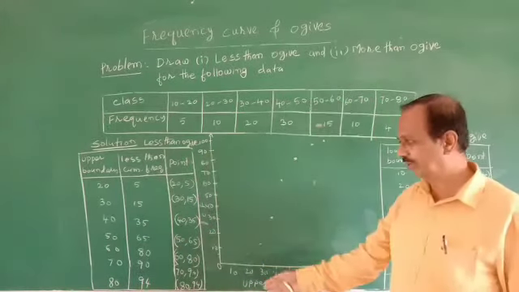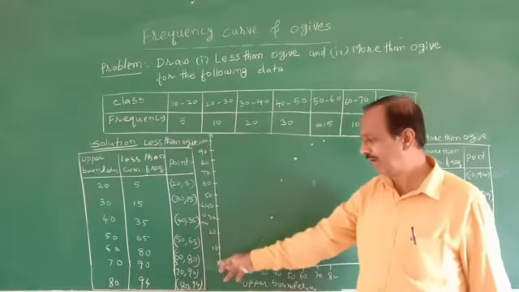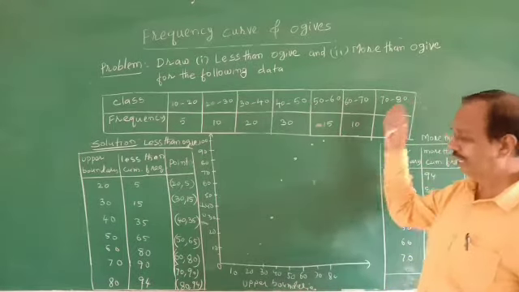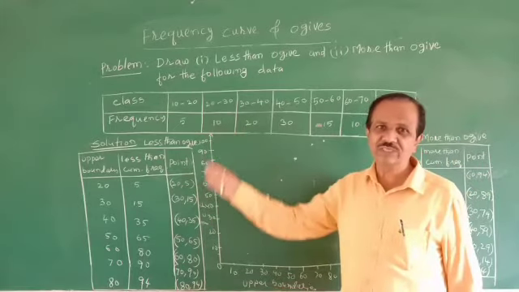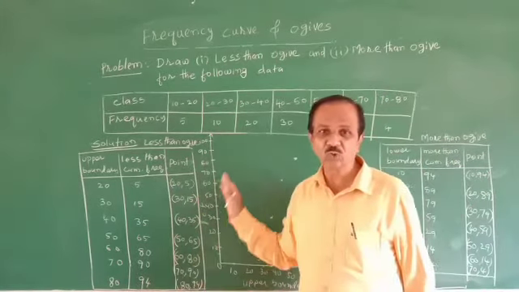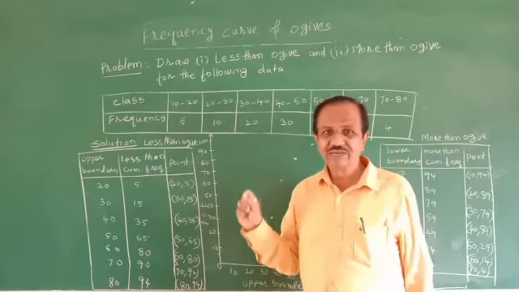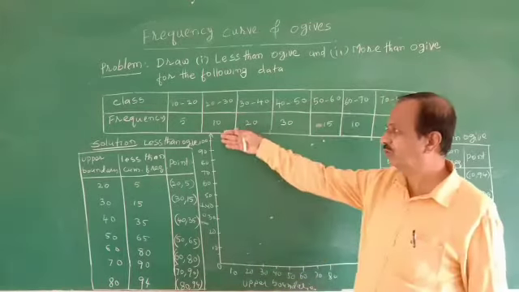So take a graph paper. Let us assume that this is a graph paper. On the x-axis, I take the scale 0, 10, 20 up to the last value 80. Then less than cumulative frequencies on the y-axis. What is the maximum value here? You see 94. So to get 94 on the y-axis, divide the scale. Each unit has 10: 10, 20, 30, 40 up to 100.